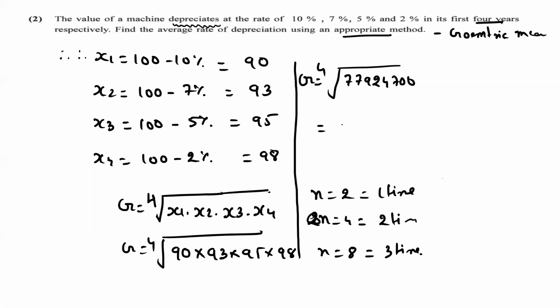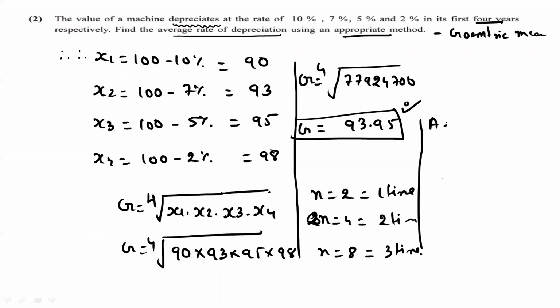क्या आंसर आया? 93.9547. 93.95 is your answer. Clear to you? Yes. Right. Now, just listen one more thing. This is our geometric mean, and this we have get by deduction of 100. Now, what they are saying, what is the average rate of depreciation? Depreciation I want. This is the value of machine at the end of the 4 year. So now my answer is little bit there. I have not completed my answer yet. My final answer go in this way.